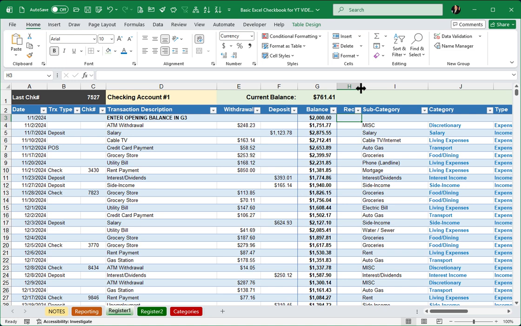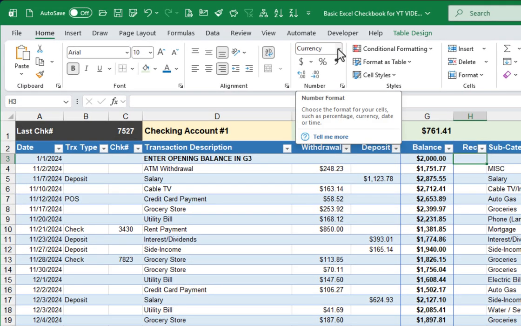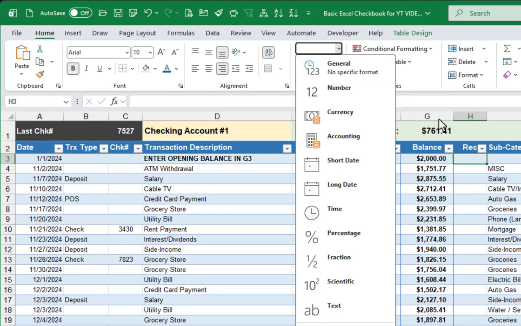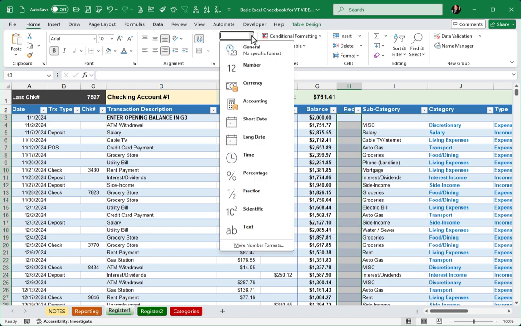Now, because I did this insert right after the balance column, Excel likes to carry over the formatting of the column just before it. So you might notice that when my cursor is here, it's using the currency for the number format. So I'm going to click up there, and actually I want to select that whole column. So I'm going to get my mouse right above the letters REC where I see that black arrow. Click on that to select that entire column, and tell it to go with general,